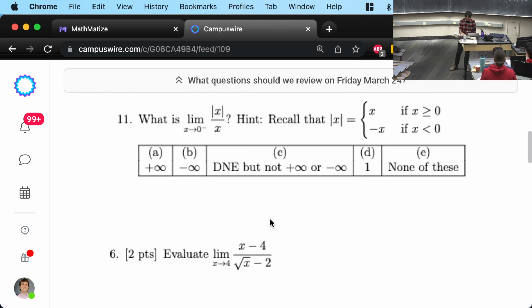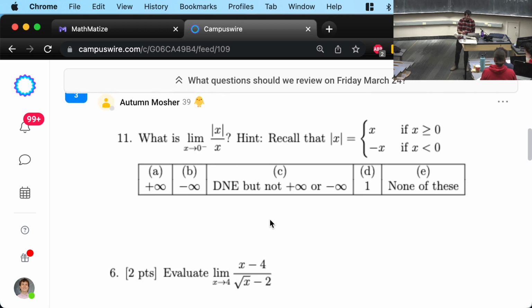Maybe we'll do a hand vote. I think we probably have time to do both, but which one should we do first? Should we do question 11 or question 6? Those are the two options. Who thinks we should do question 11? A few people. Who thinks we should do question 6? A few more people. I think question 11 was slightly more popular. So we'll do that one first, and I think we'll have time to do question 6 as well. So question 11